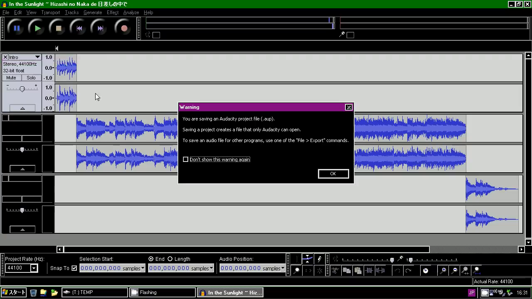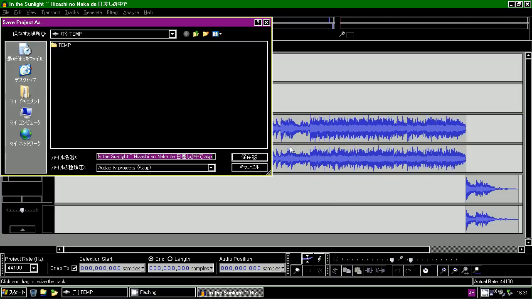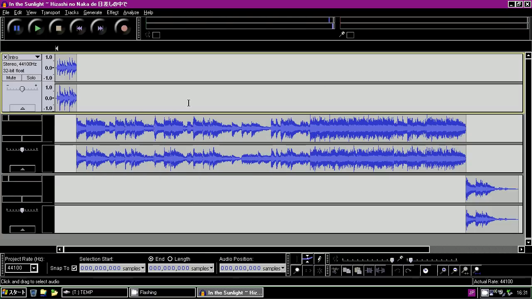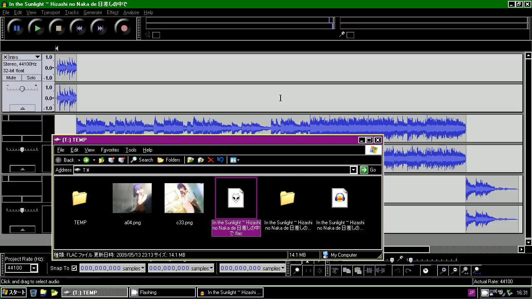Let's save that project. The project file, yeah. Let's just throw it on my RAM disk for now. I've got a RAM disk I work on, makes everything super fast. Sure, that's good enough. Name. Save that. Well, that was fast. Yeah, RAM disks are awesome. I just, bam, saved. There it is. There's my project files.